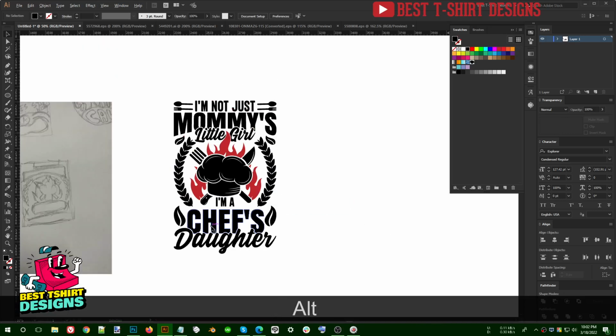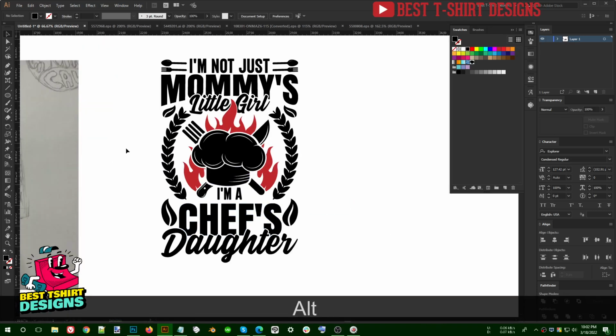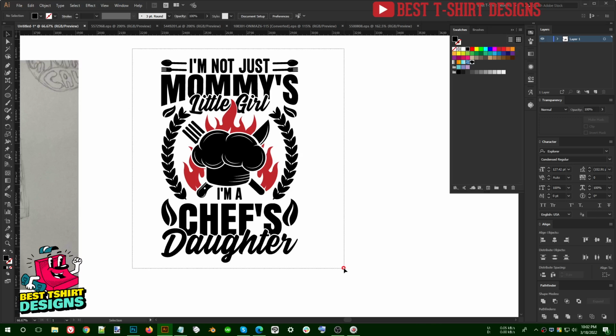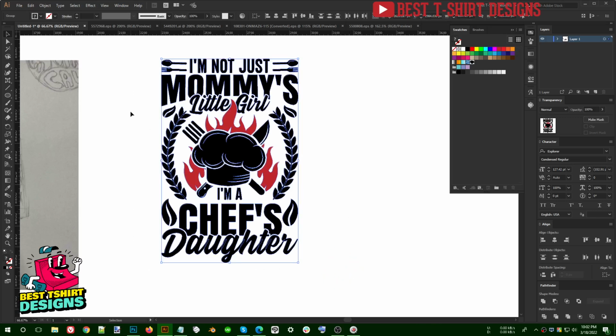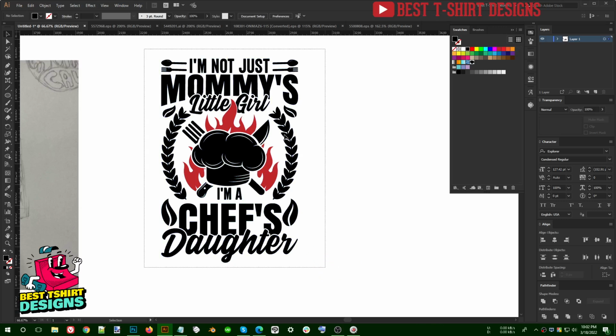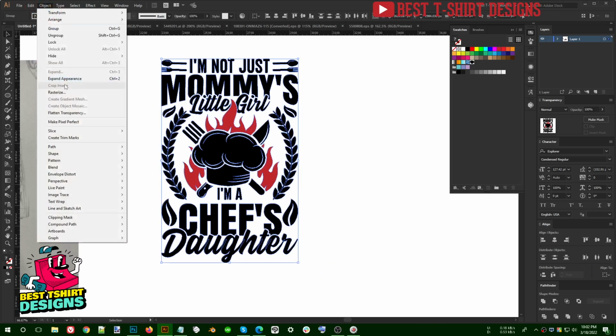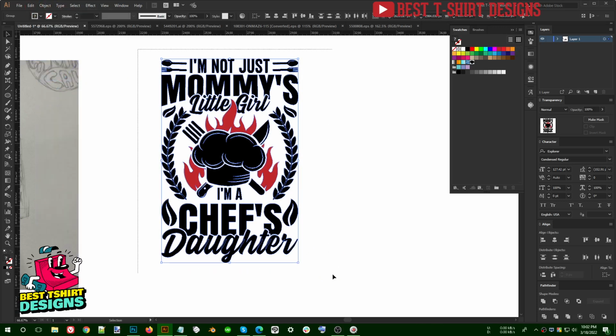So now it's time to color our design, and as this is a design for a girl, I am not going to use many colors in it. I'll just keep it white and pink. So as you can see, you have to keep expanding your design until there is no stroke left here, or it is not doing anything if you click on this expand. So once it is done,